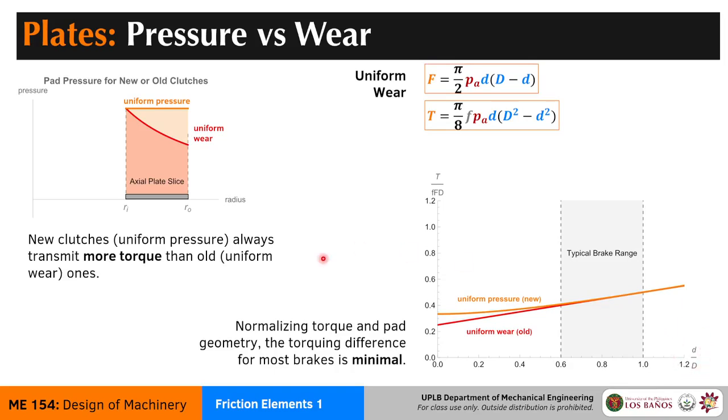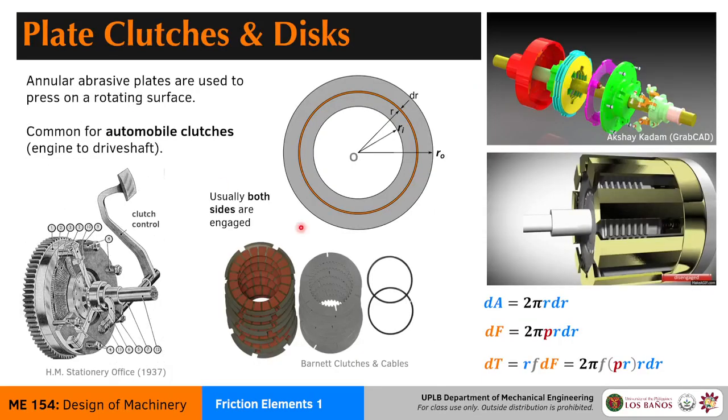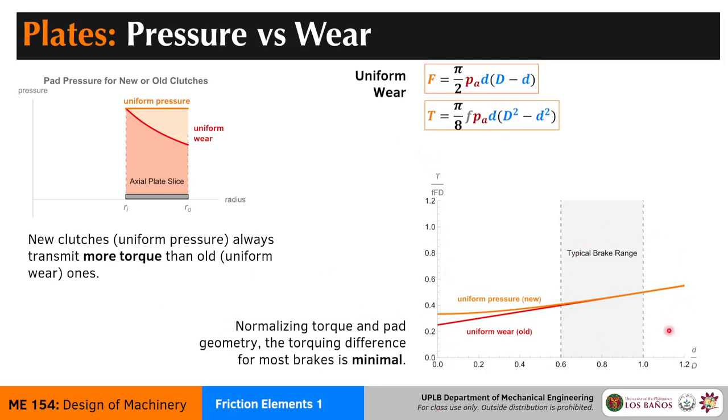So when is this ratio low? Of course, when your inner diameter is much, much smaller than your bigger diameter. But if you look at the image of our example plate clutches here, you'll see that the inner diameter is quite close to the outer diameter. So the effective range of our typical plate clutch is around here, 0.6, maybe 0.5, up to 1. So in this range, what you see here is that the uniform pressure torque is close enough to the uniform wear.